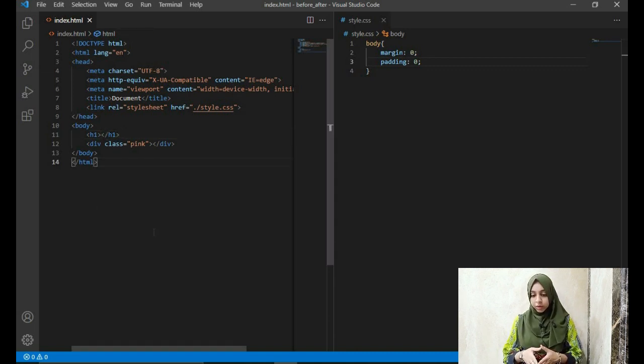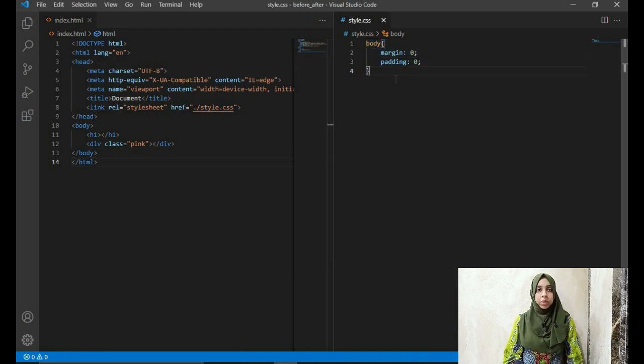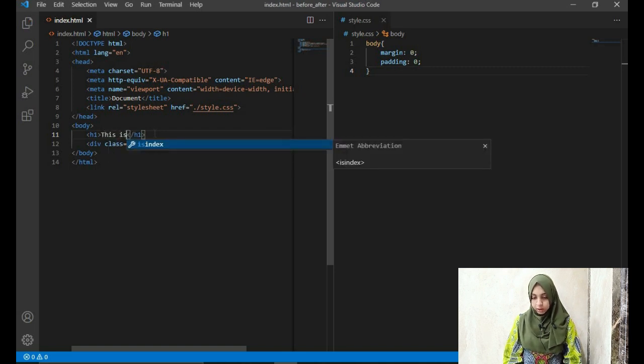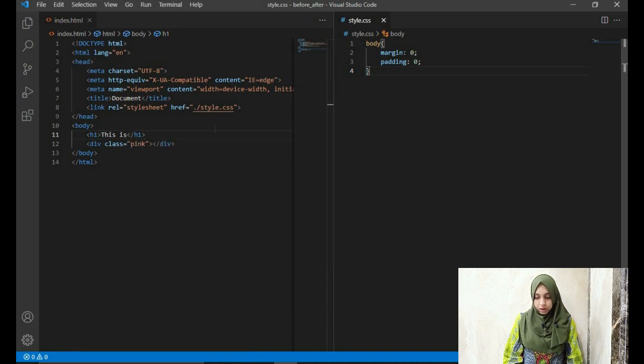Okay, so here I have one HTML file and one CSS file, nothing fancy over here, it's just the normal boilerplate code. Alright, so here I just have given the body margin 0 and padding 0, and we just have a div over here, and this is just our normal h1. Okay, so now how can we use before and after? So let's start with the h1. This is okay, and then for example you want to write something after this is okay, but you don't want to write it in your HTML document. So I'll be showing you how you can use before and after to add content, okay, before or after your element.